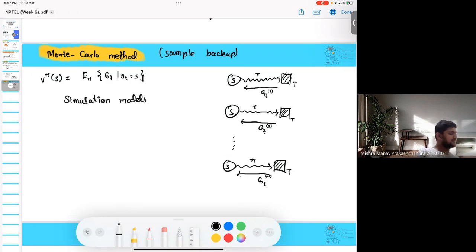But it turns out that based on different simulations, you are able to make some crude approximation of the probabilities that are inherent in the MDP. You don't explicitly have access to them, but based on multiple simulations, you are making some estimation. Okay, this is the general idea. So the idea is you fix policy pi, then generate